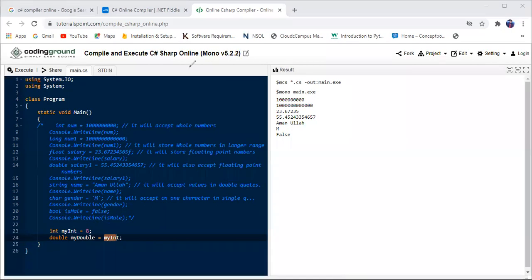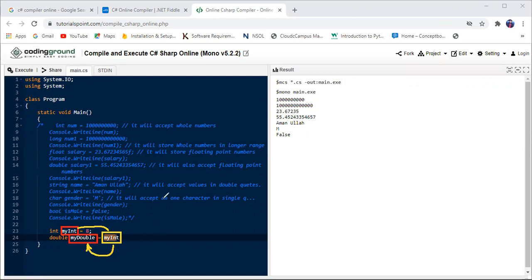This is your integer type variable, and the next one is your double data type variable. I'm converting this integer variable to a double data type variable.